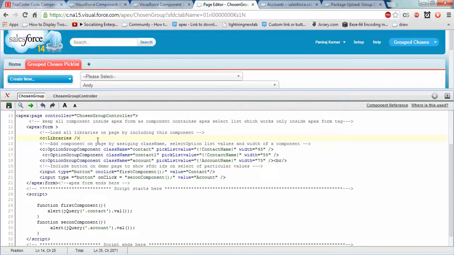It makes the page faster, because while loading the page no jQuery or CSS files will load again and again. They load a single time when the page loads. So we need to include this C libraries component.